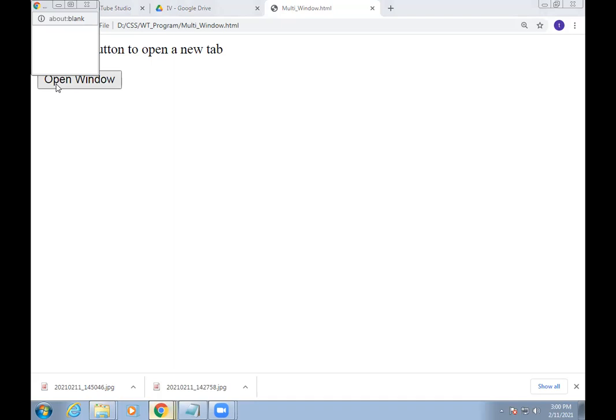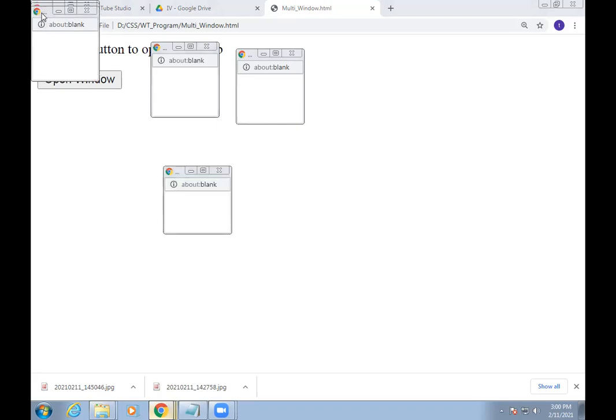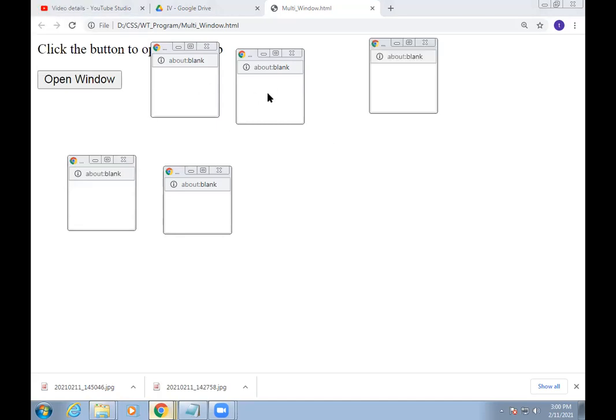When I click on that button, a window opens. One, two, three, four, five. Those five windows are open at the same point and same time. So in this way you can open five windows.